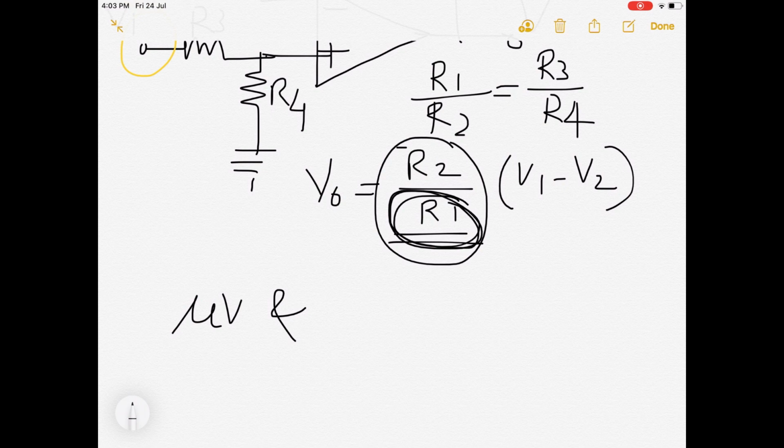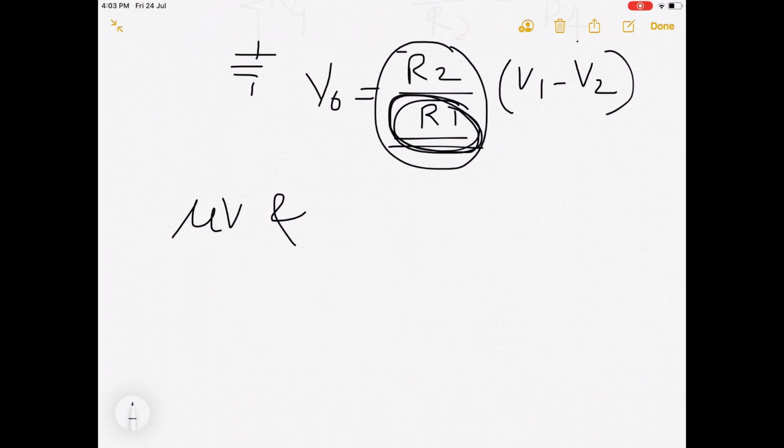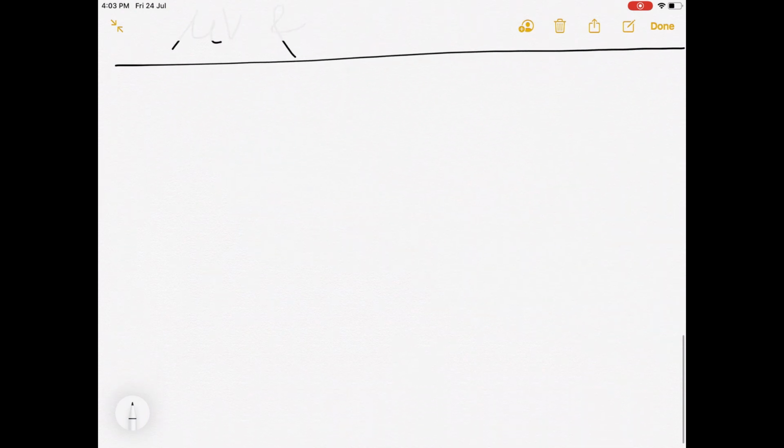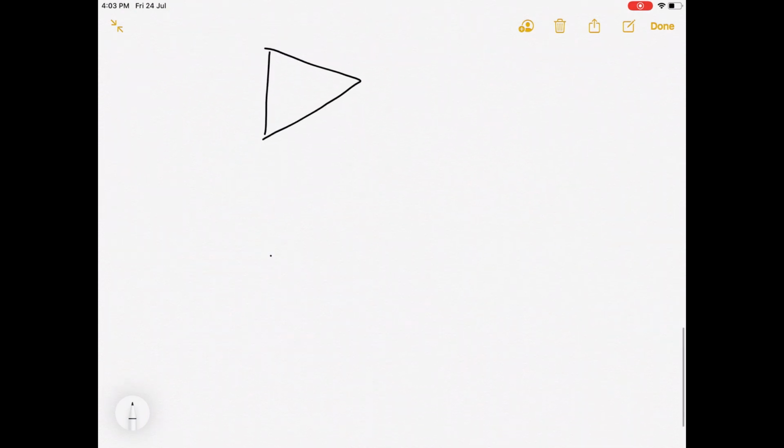Okay. So, here we will first go for the circuit diagram of the instrumentation amplifier. The basic circuit diagram of the instrumentation amplifier, which is used with the voltage followers with a difference amplifier, we will draw. So, suppose I am drawing this diagram. Here we are using 3 op amps.